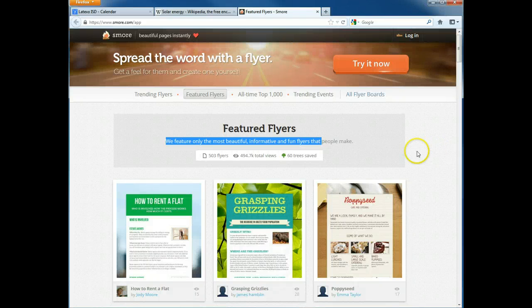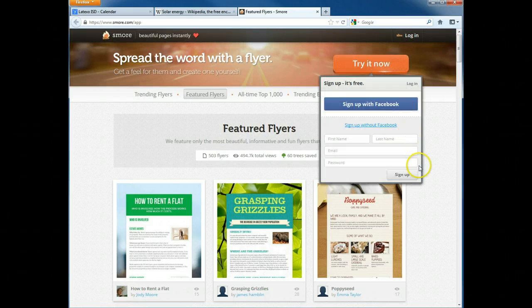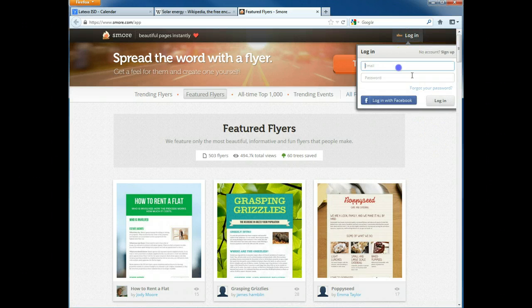To build a s'more flyer, the first thing that you're going to want to do is to log in. I think it's kind of funny because there's actually like a log there. I never would have thought of that. Or if it's your first time to the site, you'll click Try It Now and sign up without Facebook. But I already have an account, so